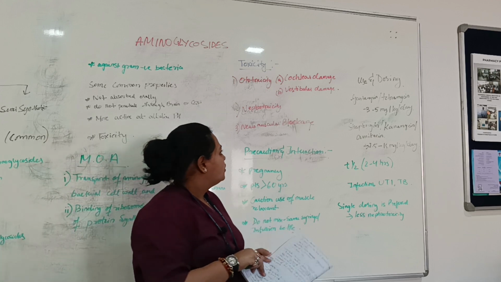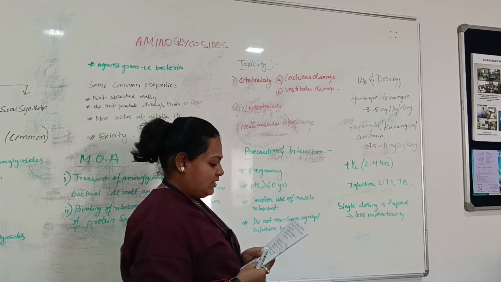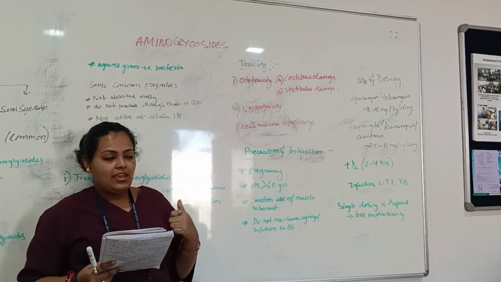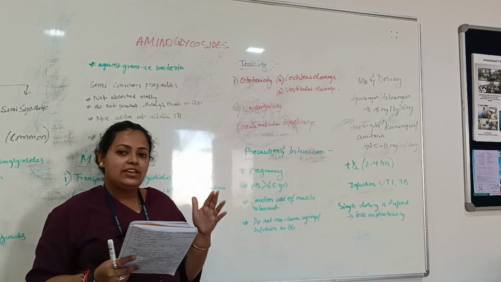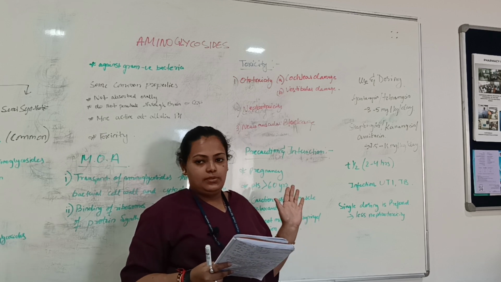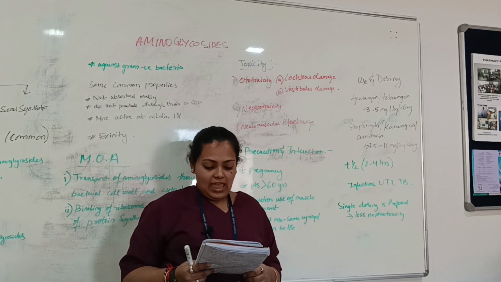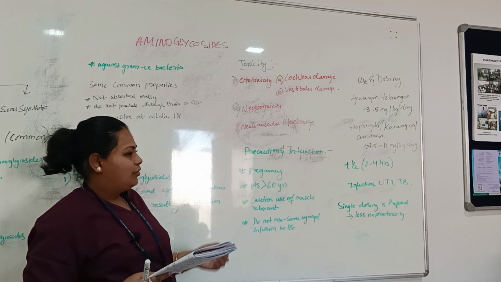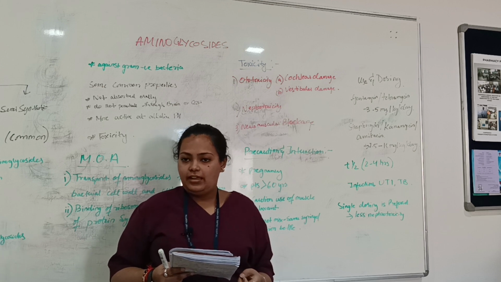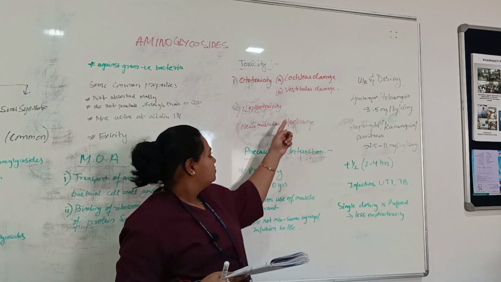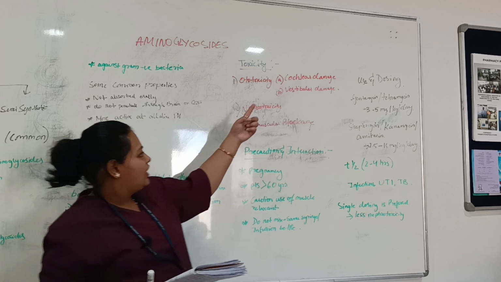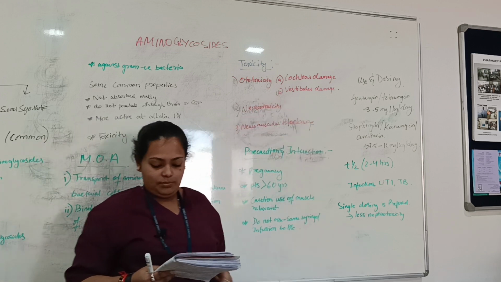Now we will come to the cochlear damage. It basically starts from hearing loss, and it can also lead to deafness, which can be permanent. This is seen in older, geriatric patients. Then there is vestibular damage. You can see nausea and vomiting, ataxia, vertigo, dizziness, headache, all these things. It's not only in aged patients, it can happen in any patient.